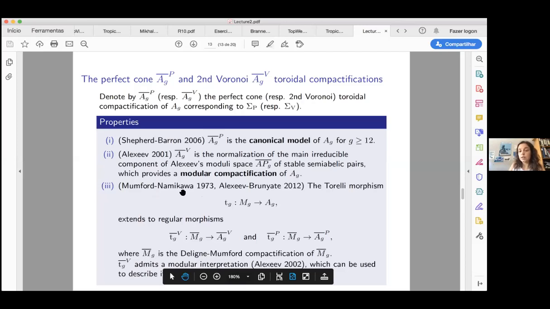But for the perfect cone decomposition, this was shown much later by Alexeev and Brunyate in